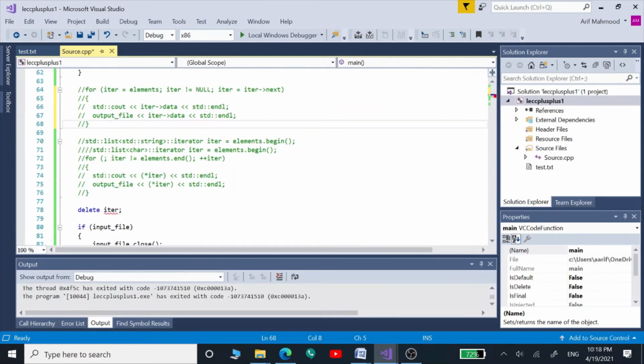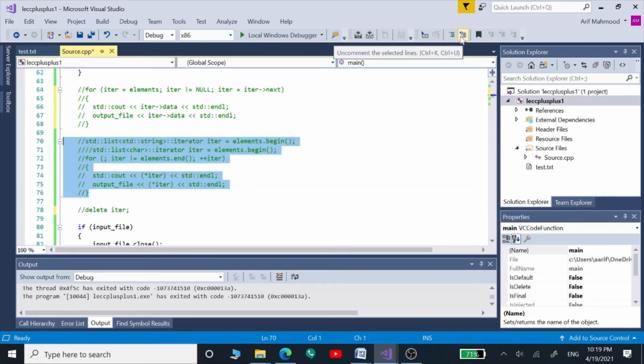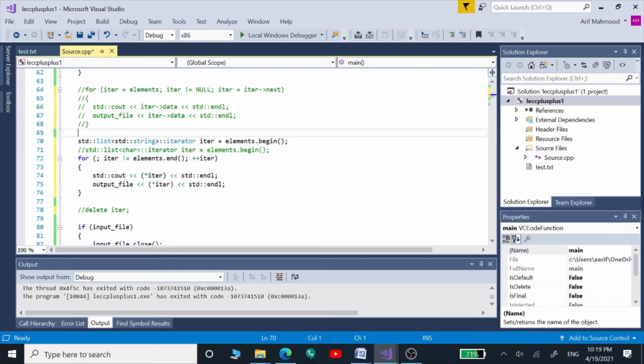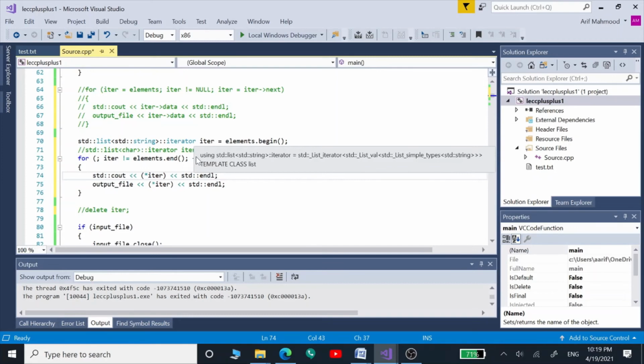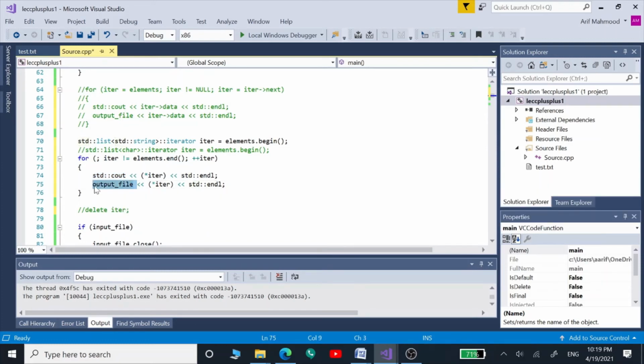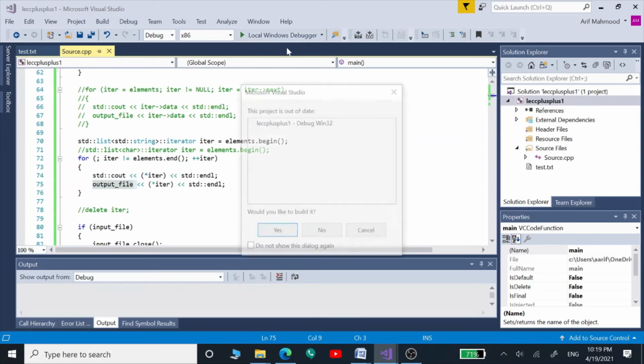into an output file, we no longer can use this, and we can skip out this line as well because we are no longer using that list, and we have to iterate through all those contents of our string list using this for loop now. So here we are using this same standard list of type string, and we are using the iterator to iterate through those elements one by one, and we are going to display those onto the console window using this code line and store those into an output file. So now let's first see the behavior of our program.